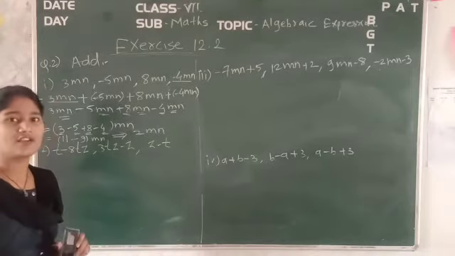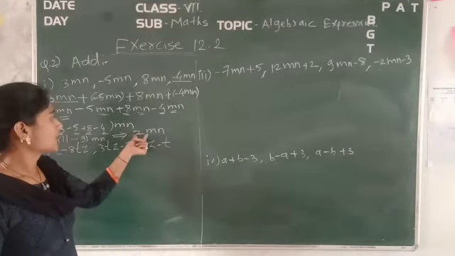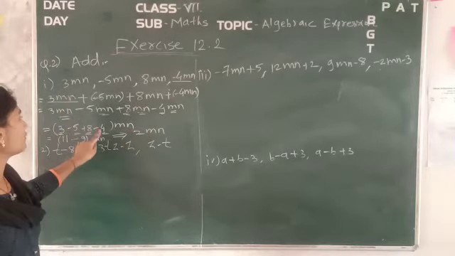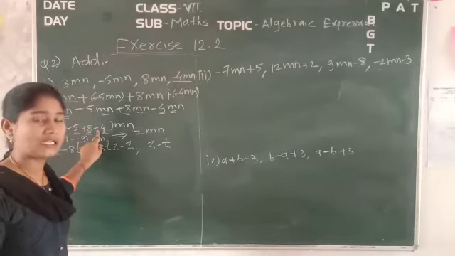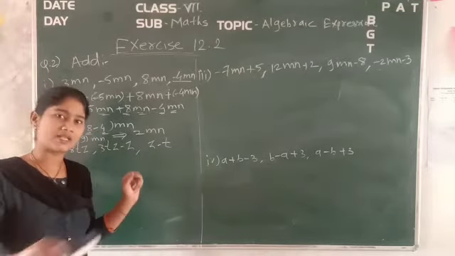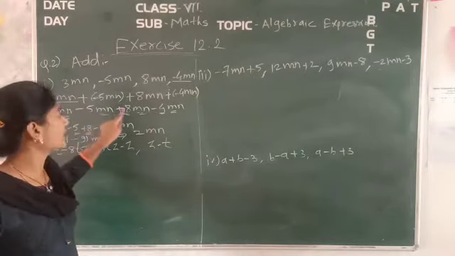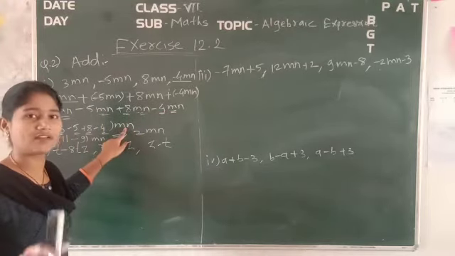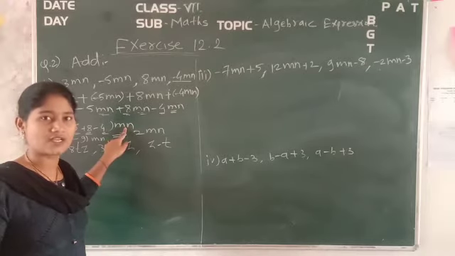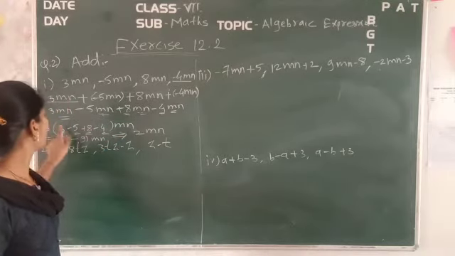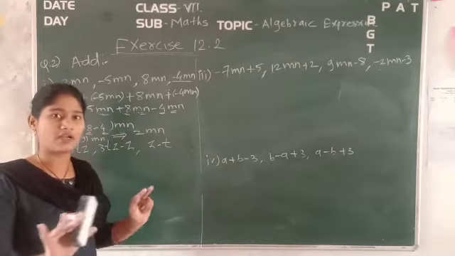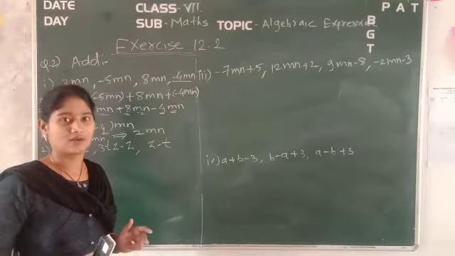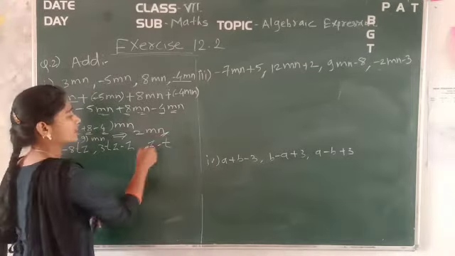It means finally we had the term that is 2Mn. Okay, how have we done this? There is one simple rule that we can follow here: if the bigger expression has the same variable, here Mn, you can take the variables common out, and whatever constants there are, you can take in the bracket and then solve it easily. So that it will be more sophisticated to do the calculation. So in that way, 2Mn is the required answer.